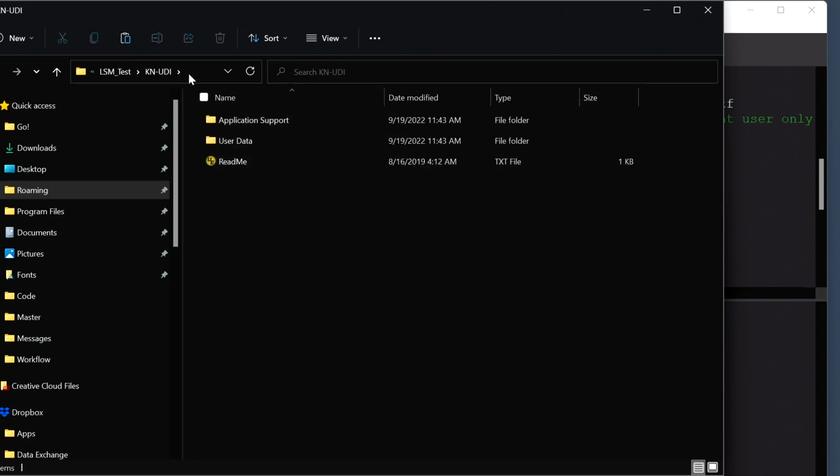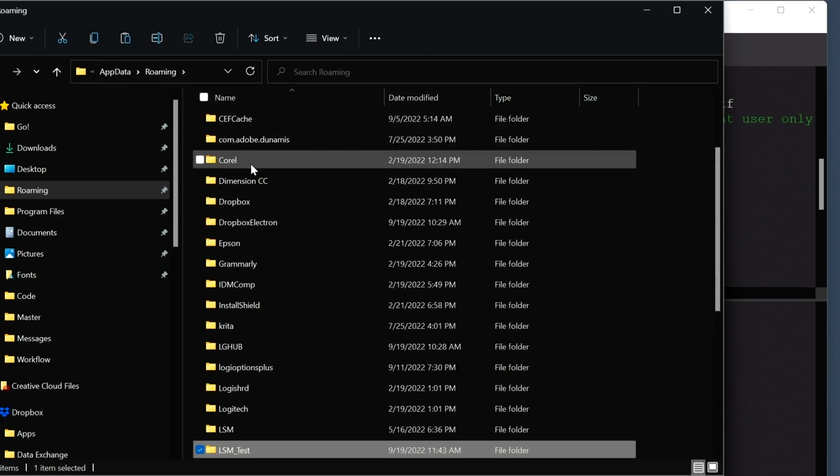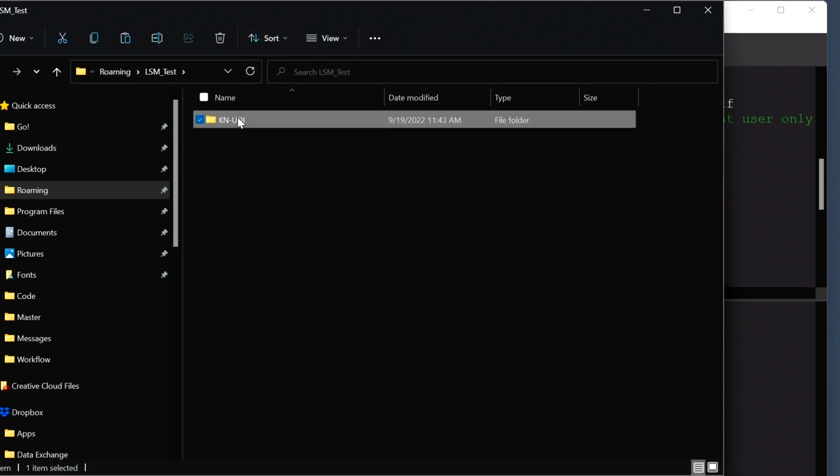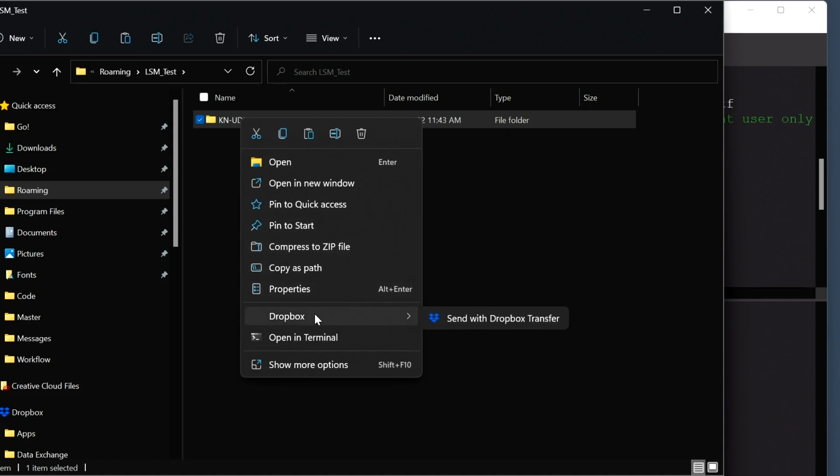They're the same file. So if I go ahead and, let's say, get rid of the app's data and leave the company name folder alone,